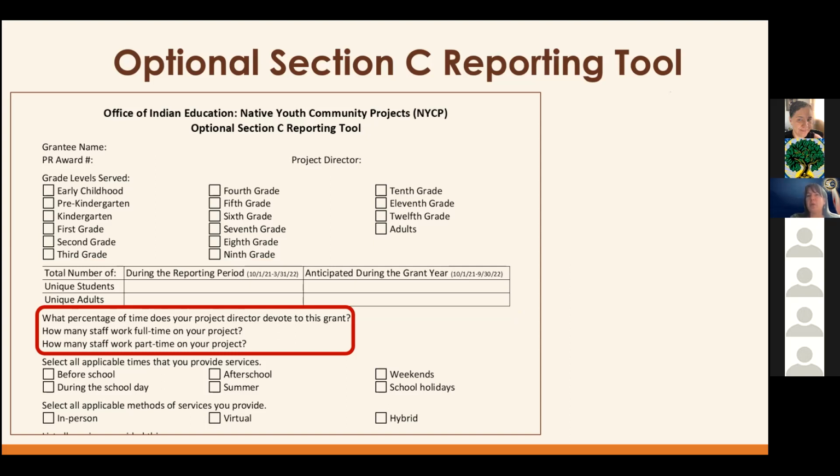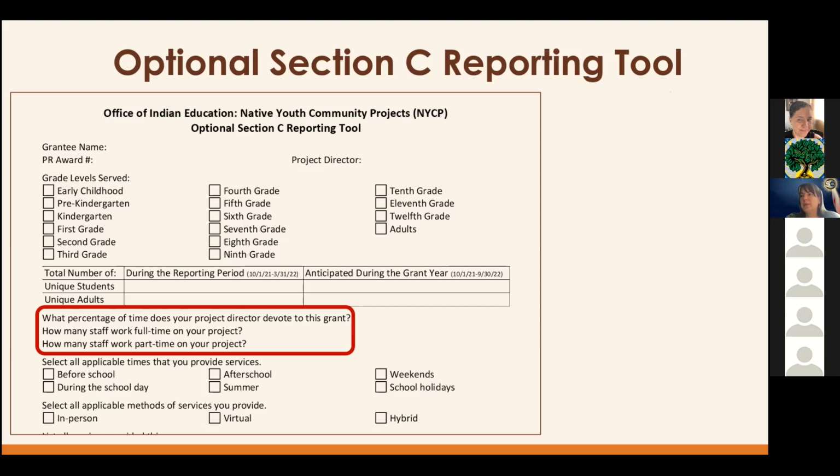We have a couple of questions related to staff time dedicated to the project. So we're interested in knowing the percentage of time that your project director devotes to this specific grant. So very likely a project director is a full-time staff person, but they might only be devoting maybe 50% or 25% of their time to this specific grant.